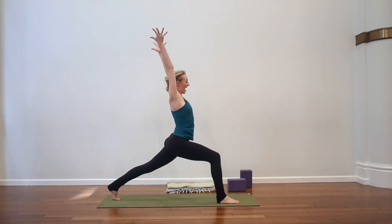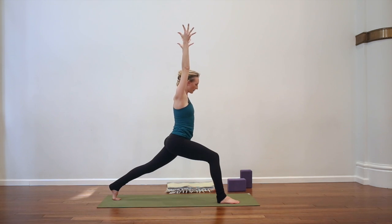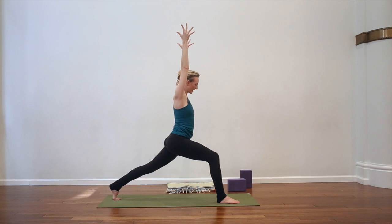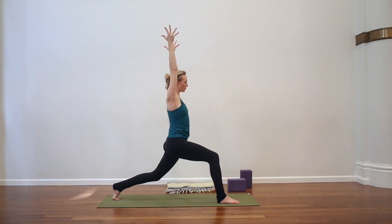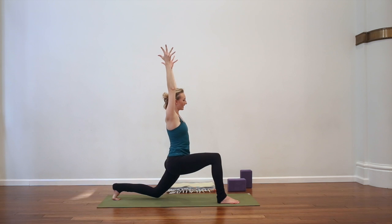Perfect. So high lunge, we're also guilty, right, of having the low back super arched. So just play with already refining the alignment with what we focused on so far. So notice if you can maybe stack the ribs a little bit more over the pelvis. And then I want you to bend the back knee and really curl your tailbone forward like crazy. Good, and then we'll slowly straighten the leg, but keep the tailbone curled under, and then lower the back knee